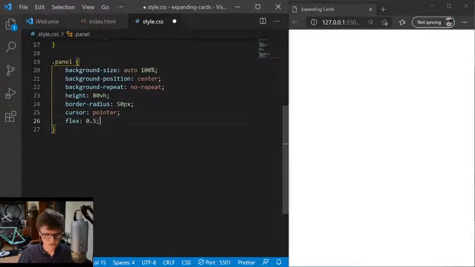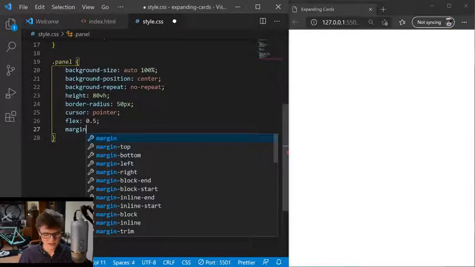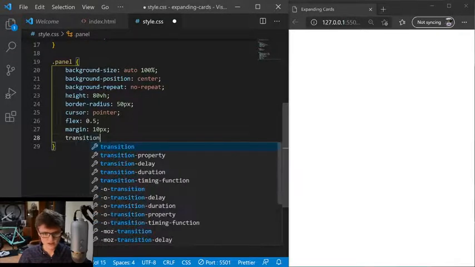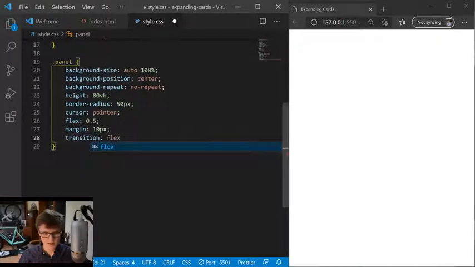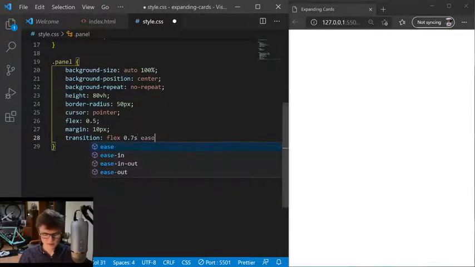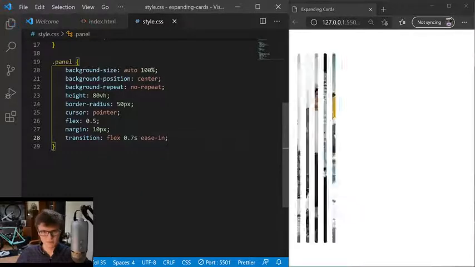And this is where we're going to give a flex value of 0.5. So flex just tells us what ratio we want the things in our flex item to take up. So the panels are each going to take up 0.5. So they're all the same at the moment, and then we'll change that for the active class. Margin, let's give it a margin of 10 pixels. Position, don't need that. Transition, when we hover over it,